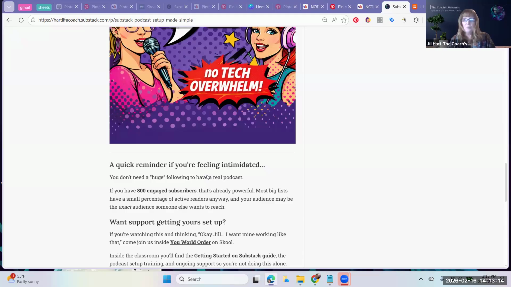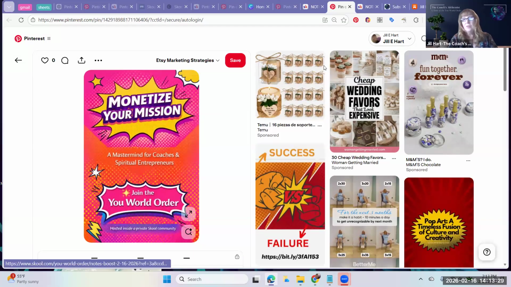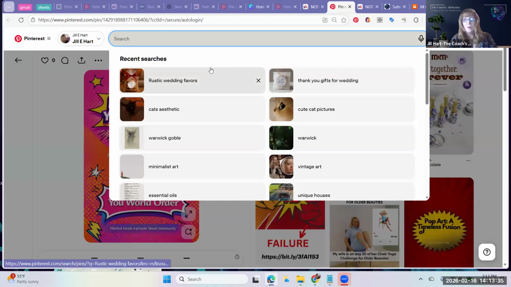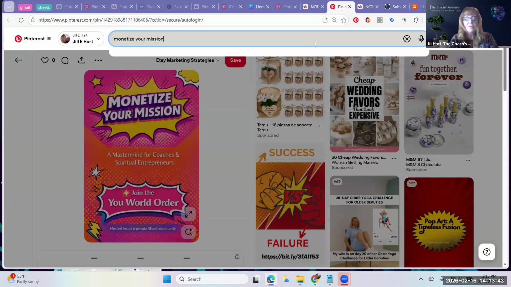And people really do pin from other spaces onto Pinterest. That's what Pinterest was developed for, rather than having people go on Pinterest and search for things. Though you can go to Pinterest and search for, let's do, monetize your mission.